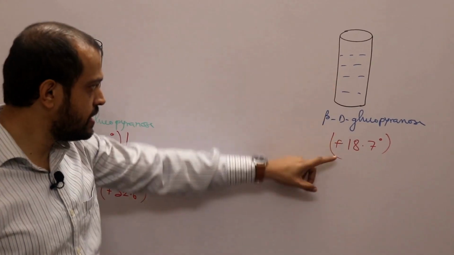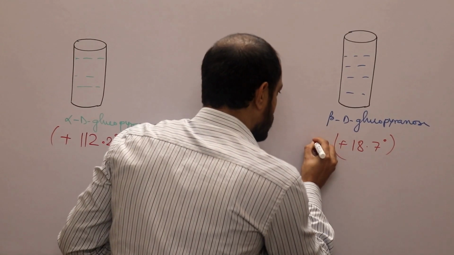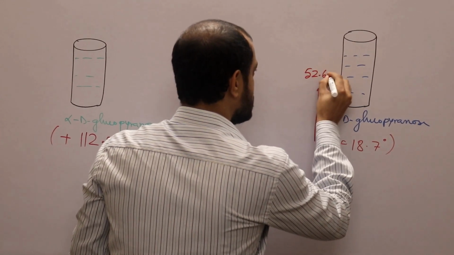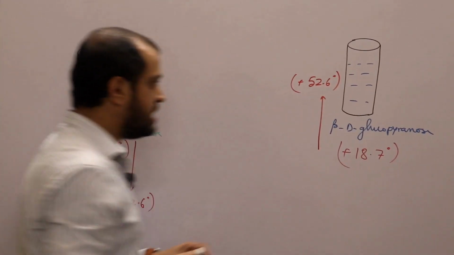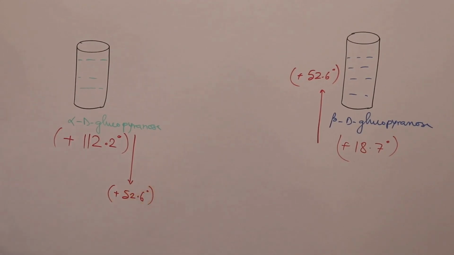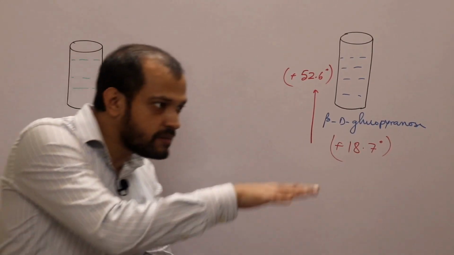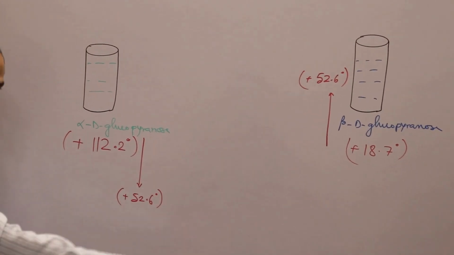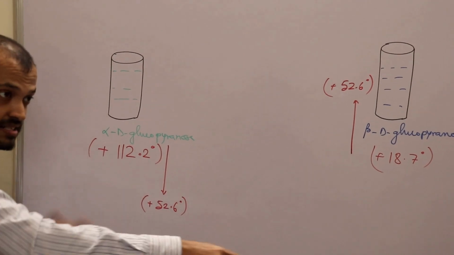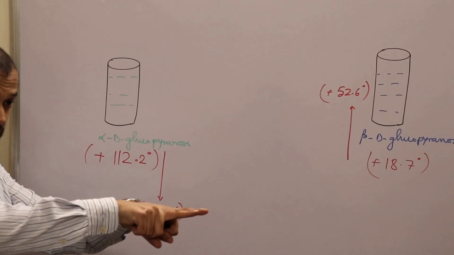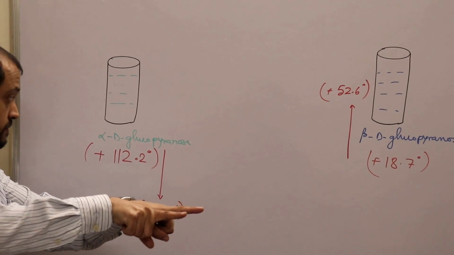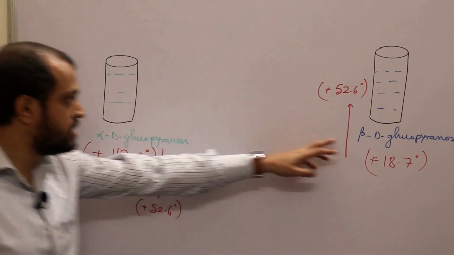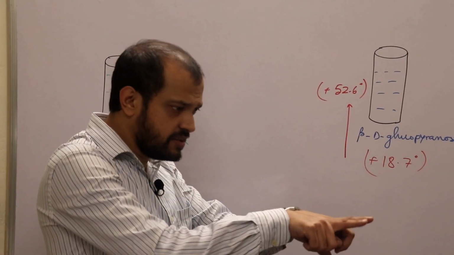D-glucopyranose here, then this angle will go up to 52.6 degrees positive. That means 52.6 degrees is actually what? The equilibrium angle, no? Suppose glucose is standing here and a light particle interacts with it, then at first it will try to bend my pathway by 112.2. That means what? Is it alpha or beta? It's alpha. Now listen, if it is beta, then it will turn my pathway